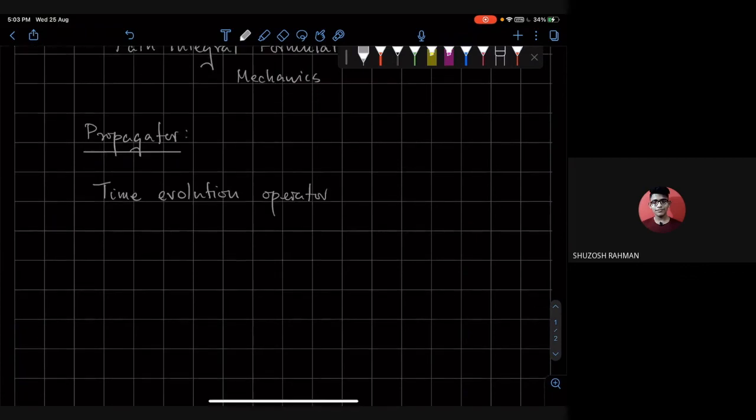So the time evolution operator for a system, whose Hamiltonian is time independent,